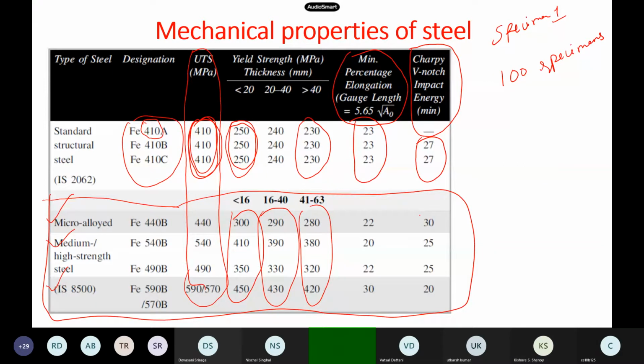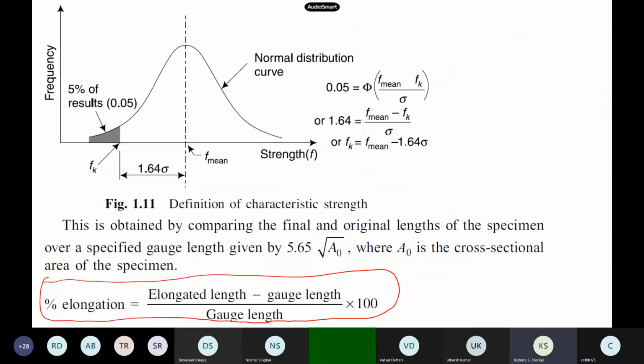What is meant by characteristic strength? 5% of the total number of samples will perform less than 410. Yes, excellent. So this is our characteristic strength, and 95%. If you take a normal distribution, the Gaussian distribution, this number turns out to be 1.64, the sigma. So this is the meaning of this characteristic 410.